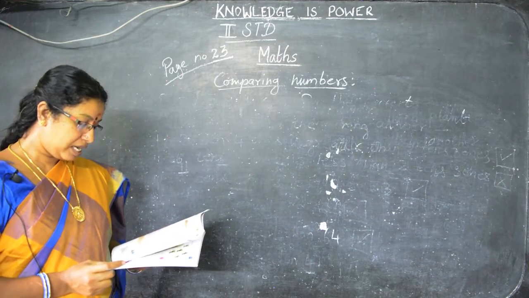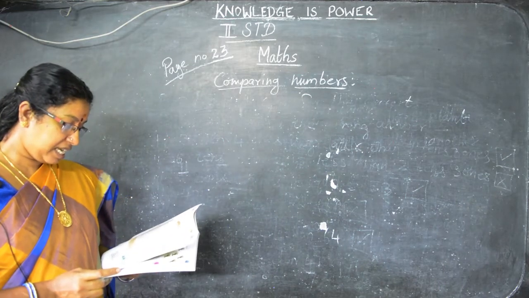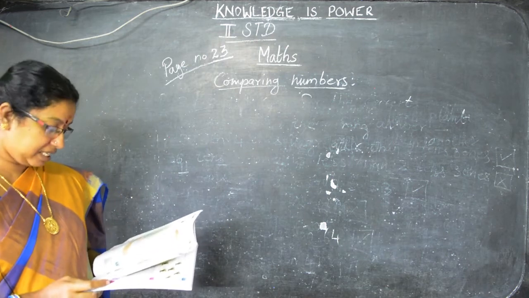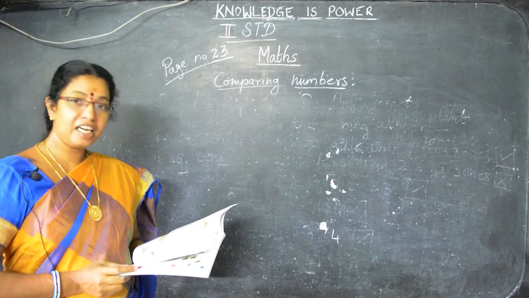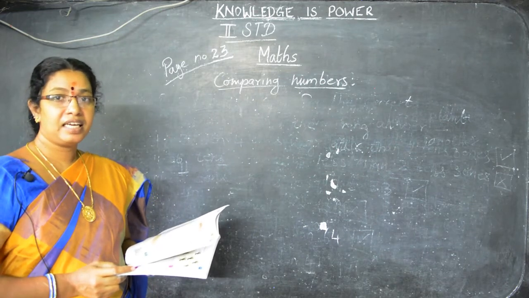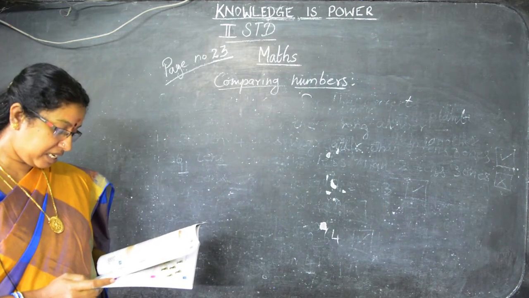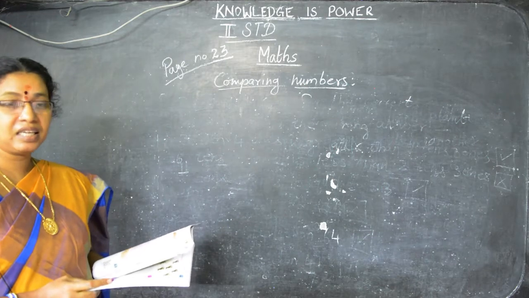7, 7, 7. Do you know lemon? There are 7 lemons. 8, 8, 8. The spider is having 8 legs. 9, 9, 9. Go in a line. 9 of them are going in a line. 9 boys or girls are going in the line. 10, 10, 10. We make fun. 10 of them are making the fun.